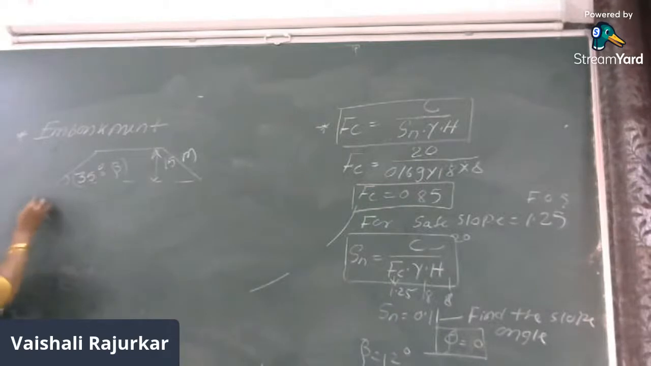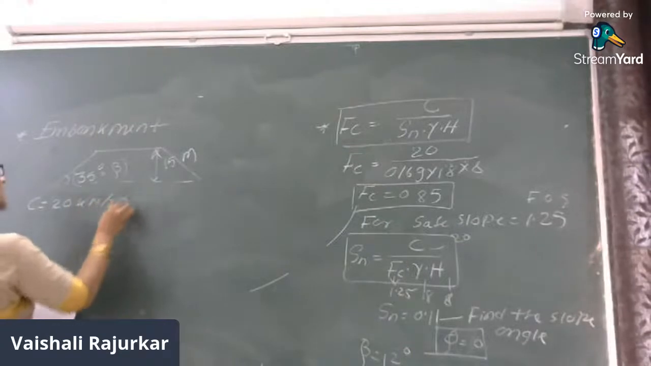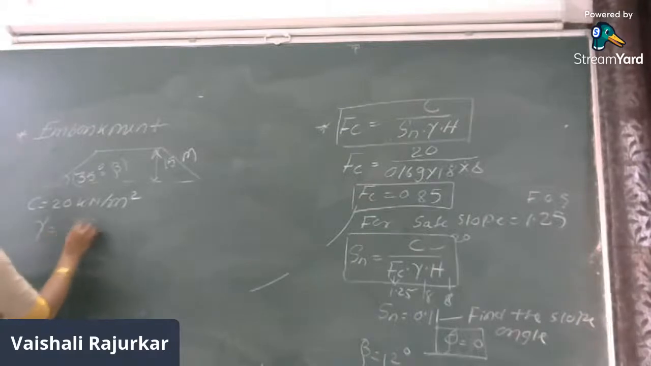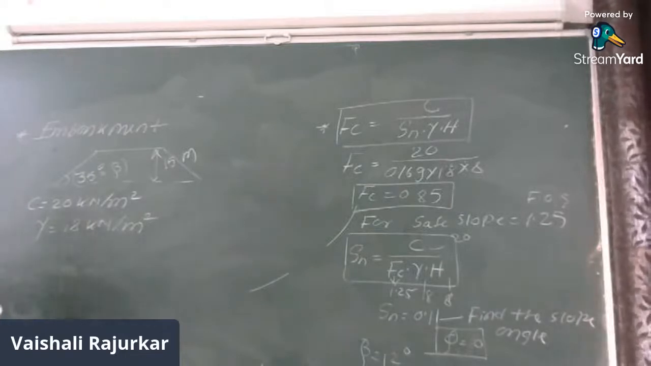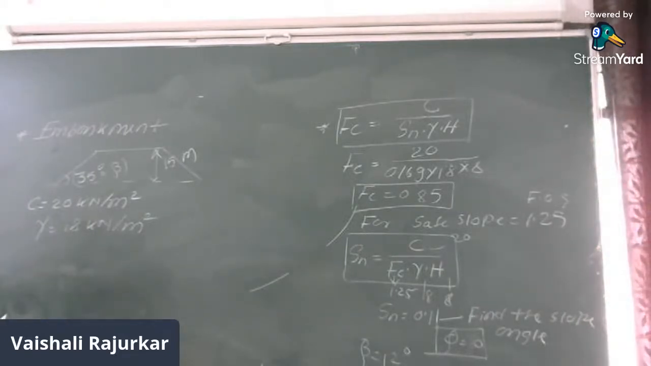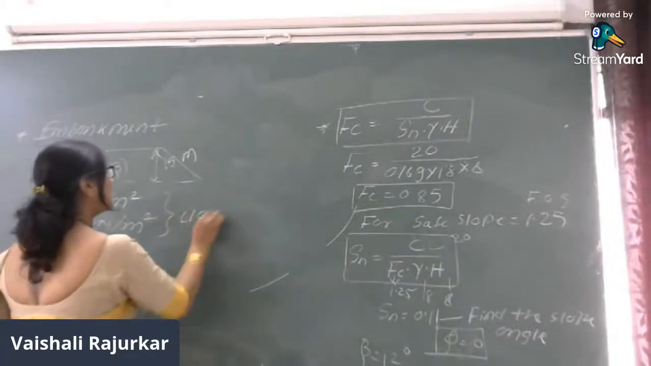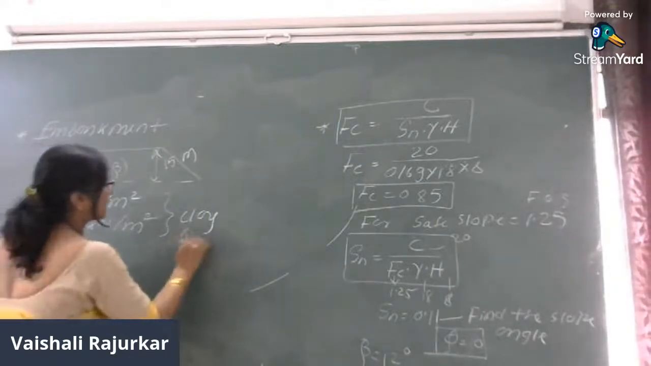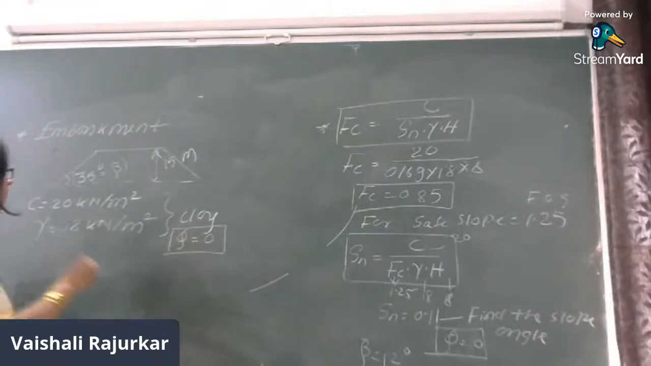where the C value is given as 20 kilonewton per meter square. The value of gamma is taken as 18 kilonewton per meter cube. Here, as the soil is given as a clay soil, if the soil is clay, what will be the value of phi? The phi value is 0. If the phi value is 0,